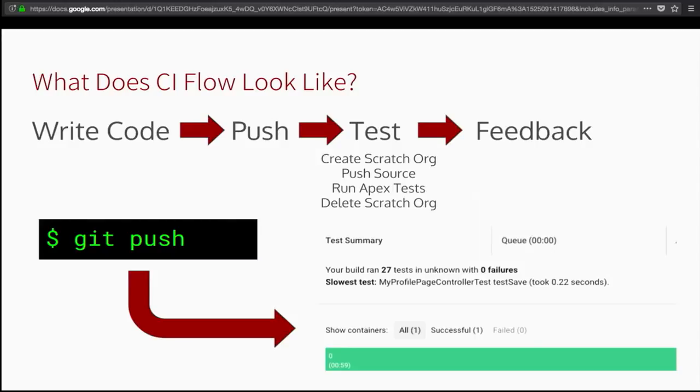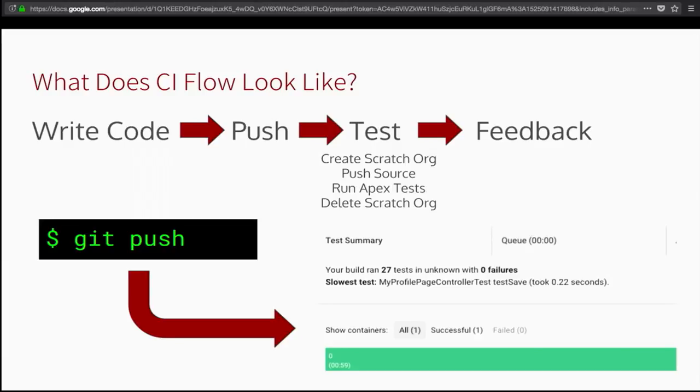Once you perform that push, once you get all of your code up into your version control server, the continuous integration provider, which here is going to be CircleCI, but in your organization could be Jenkins or could be Travis or some other solution, is going to take all of that metadata, code and declarative, that's stored in your version control repository, and it's going to create a new scratch org that contains only that material that you've committed to your version control system. It's a snapshot, a perfect snapshot of the state of your development process at that time when you perform your version control push.